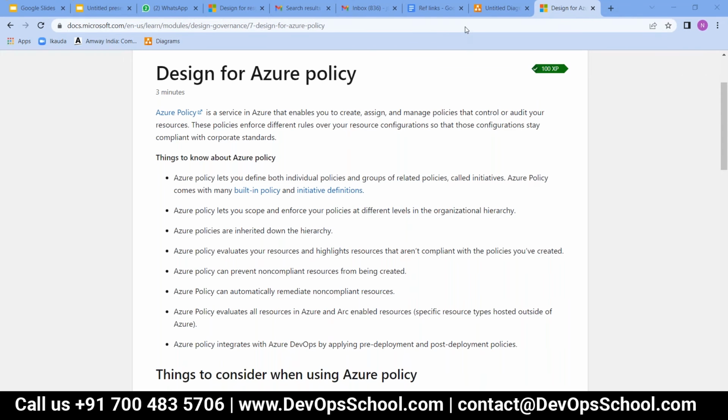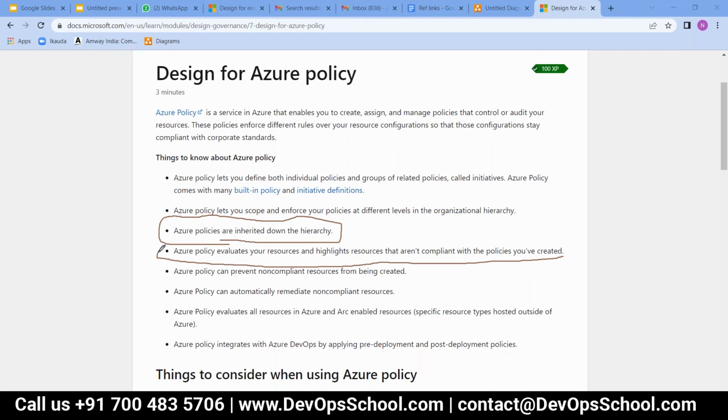What I will suggest is that there are some materials, not that much, but some points that are important, so note them down somewhere, at least as some quick notes that can help you. Azure Policy evaluates your resources and highlights resources that aren't compliant with the policies you created.